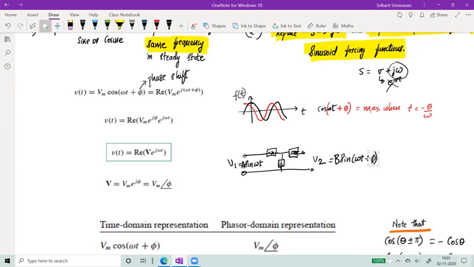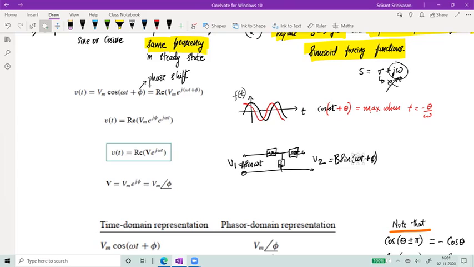On the other hand, because you're finding V2, it is the ratio of V1, where V1 is divided between this and this, if I want to get the open circuit voltage V2. So there is a difference in the magnitude. Some part of V1 is dropping across the capacitor and V2 is equal to that. So there is a magnitude difference and there is a phase difference, but the frequency is going to be the same.